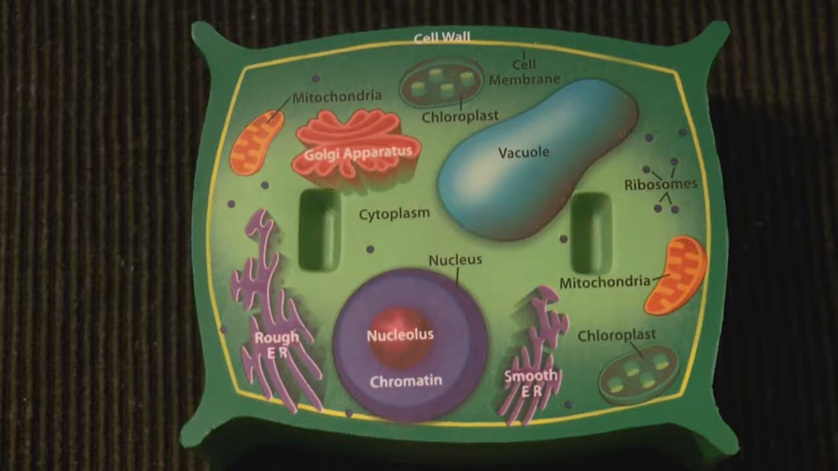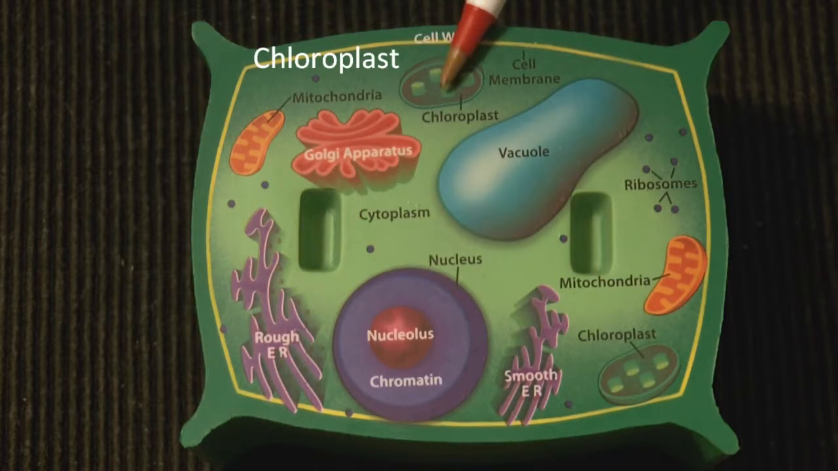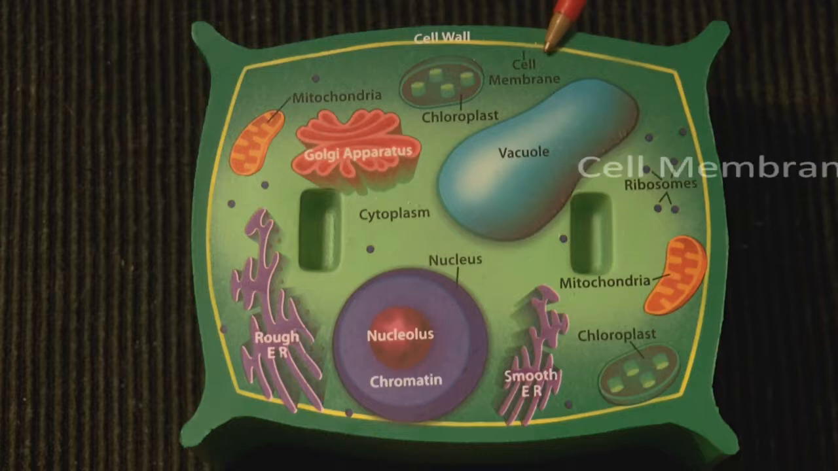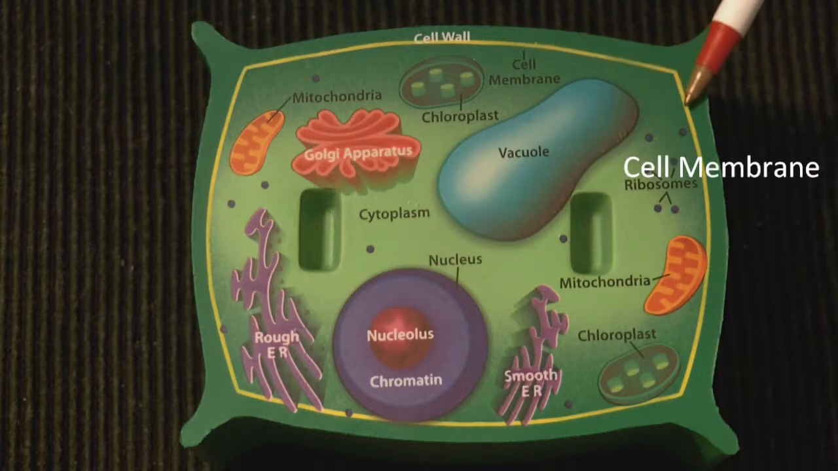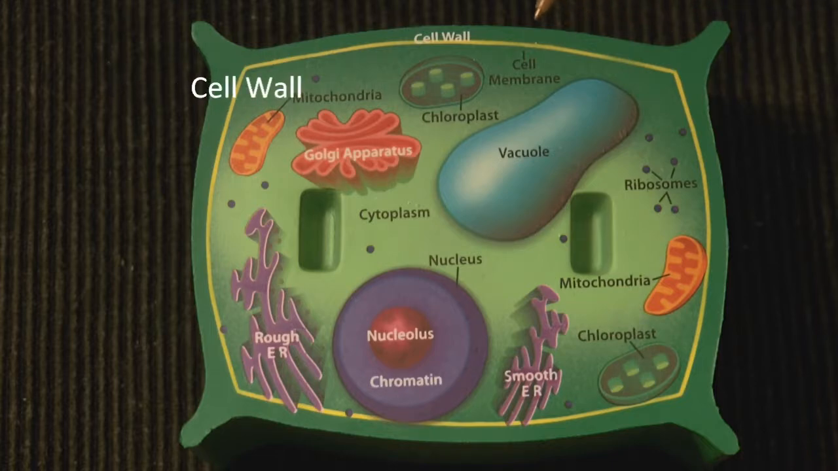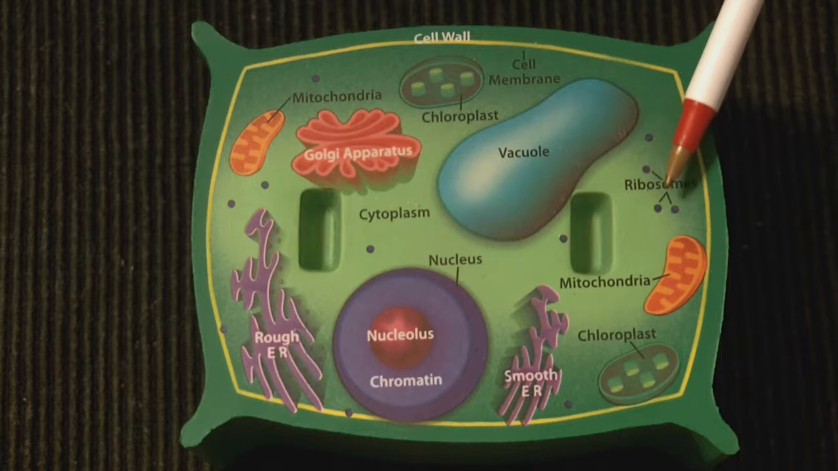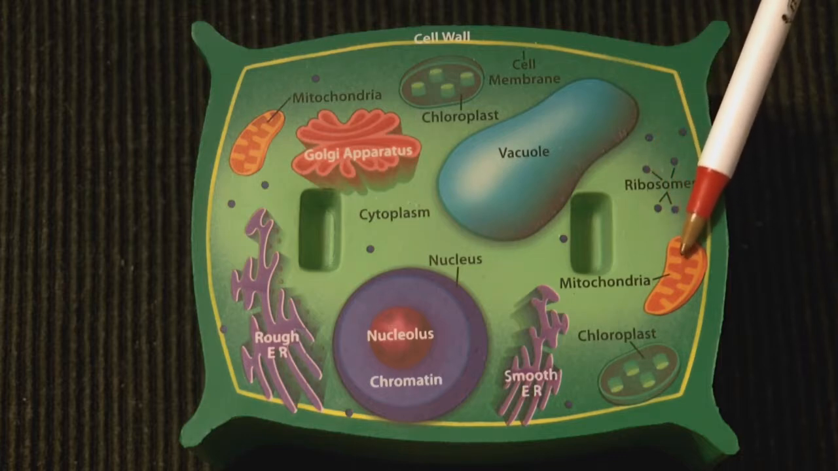A plant cell has some parts that an animal cell doesn't have, like a vacuole for storage, chloroplasts for converting sunlight into food. Plant cells do have a cell membrane just like animal cells. However, they also have a layer outside of that called the cell wall. And they do have the other parts that animal cells do, such as ribosomes, mitochondria, ER,